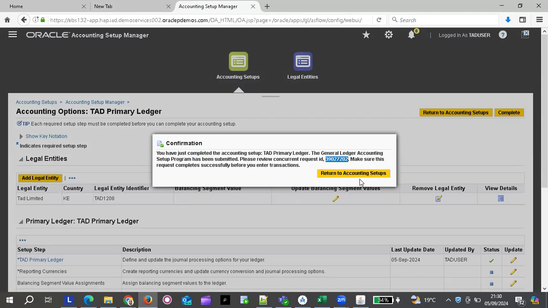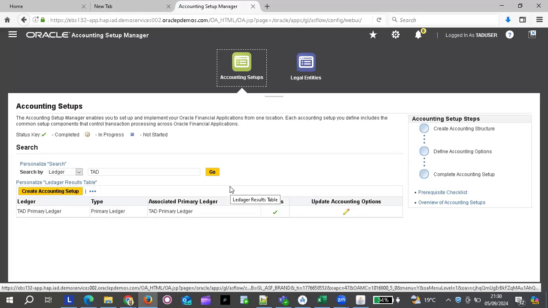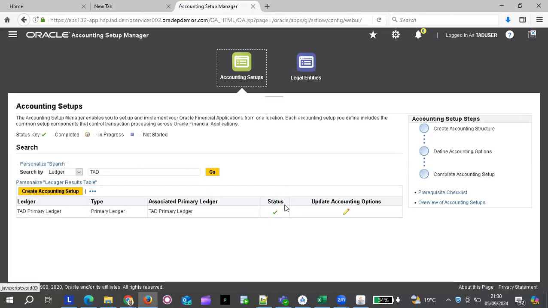Okay, so you can return to accounting setups. Our primary ledger accounting setup has been defined and submitted for completion. You see the status has now changed. It was in progress, now it is completed. But there is one